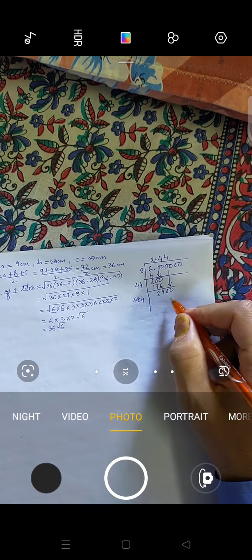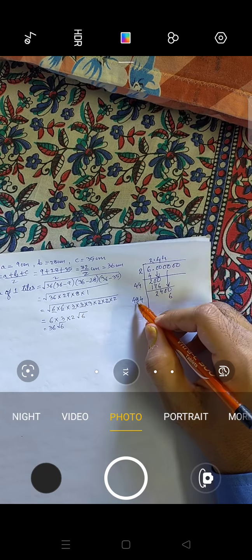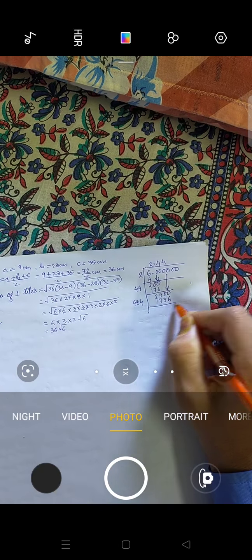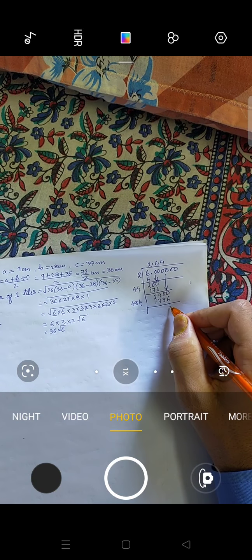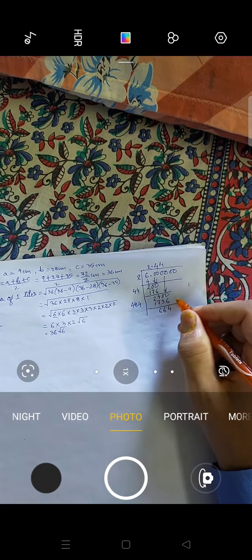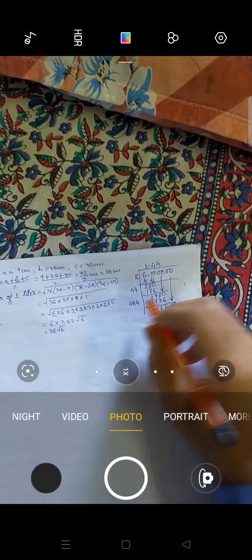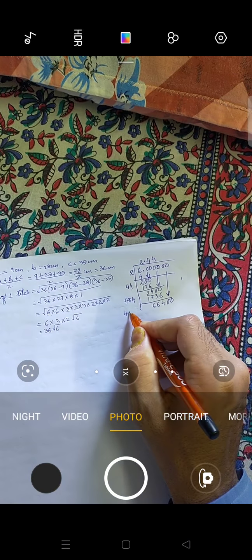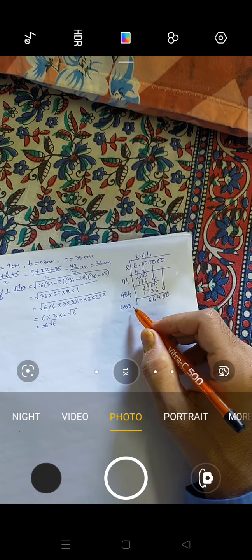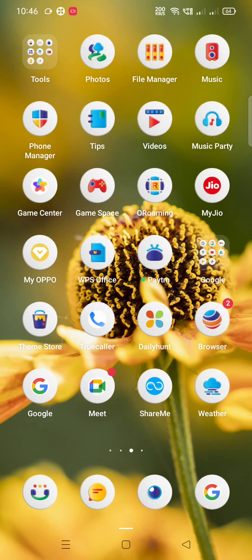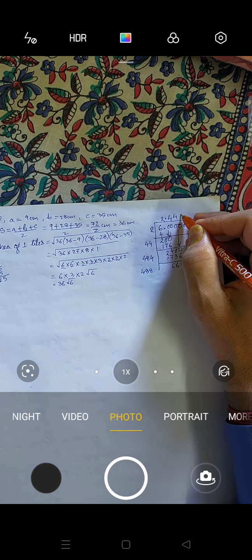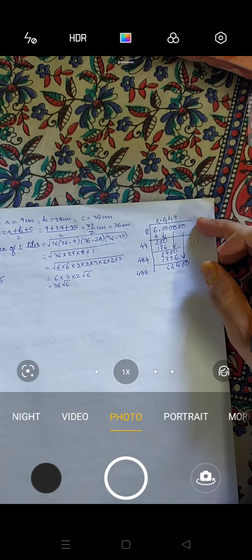Okay. So 4 4s are 16, 4 8s are 32, 33. Carry 1. 4 4s are 16, 17. Now this will become 4, this will become 6, and this will become 6. Now 2 zeros will come here. Now you have taken 4 here, so it will become 488. Okay, now definitely this will go by 8 or 9. So something 8 or 9 will be here. Okay, you can divide yourself and you can check.